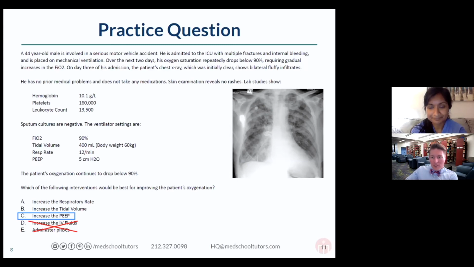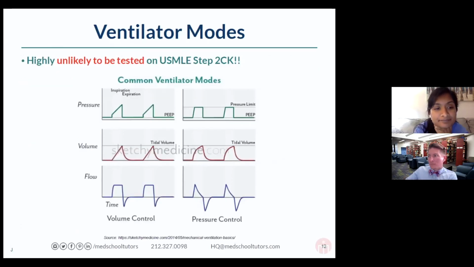All right, so thanks for running through that question with us, Sana. One extra thing to mention here about how we can control the ventilator. There's a whole bunch of different modes that we can use. Volume control, pressure control, SIMV, et cetera, et cetera. Irrelevant for the board exams up to step 2 CK. Can't promise anything about step 3, but up to step 2 CK, you will never, ever need to know anything